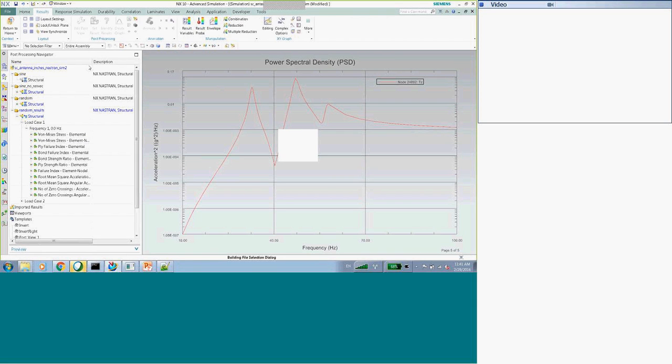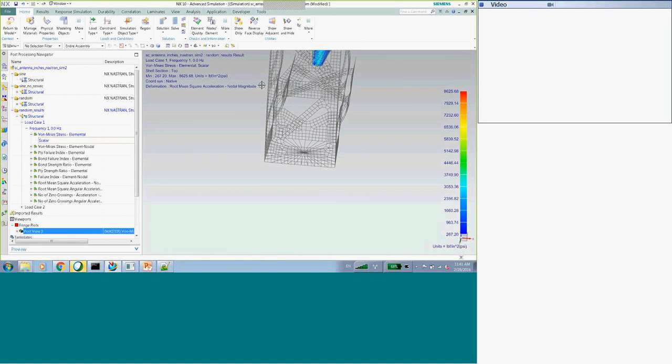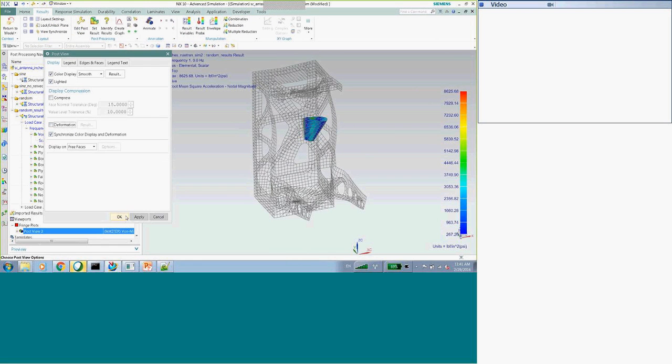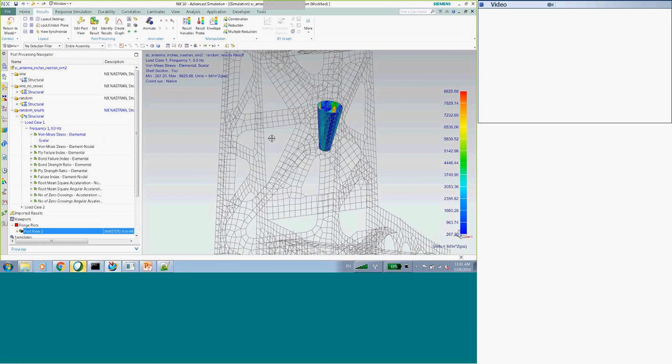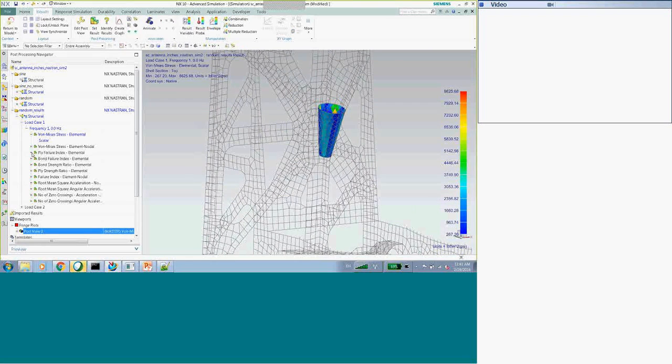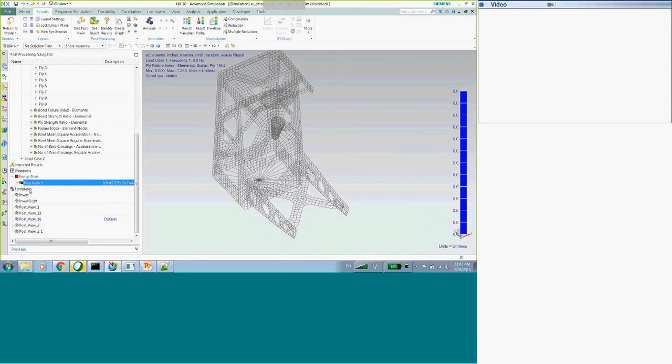Cases. The von Mises stresses here. Just turn off deformation, doesn't really mean much. My von Mises stresses. For each plot.